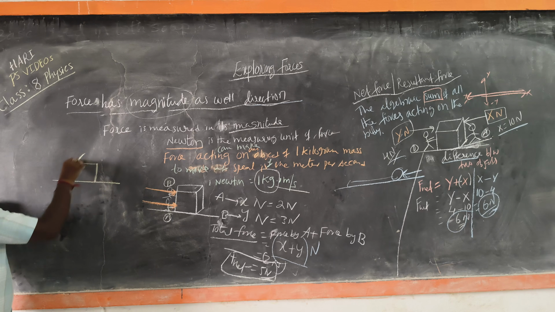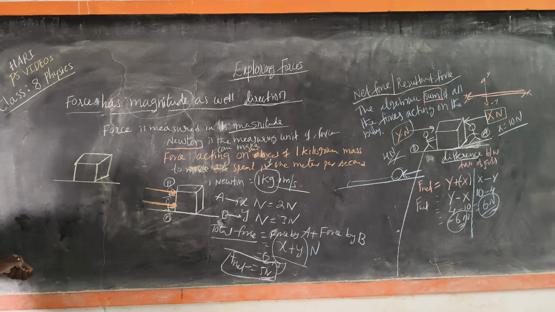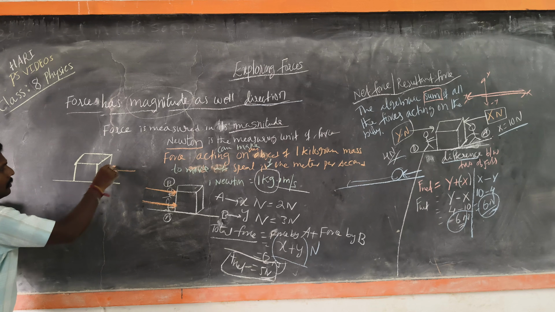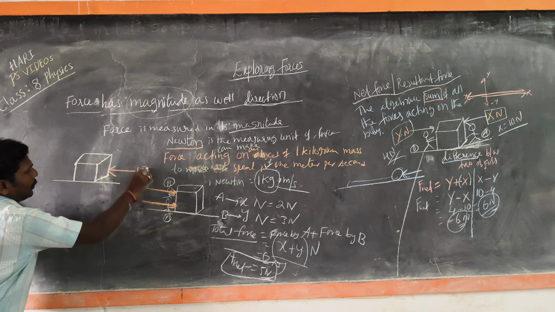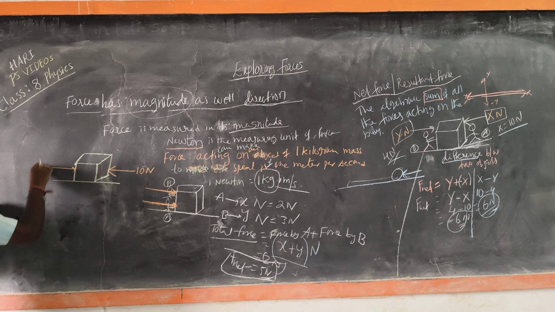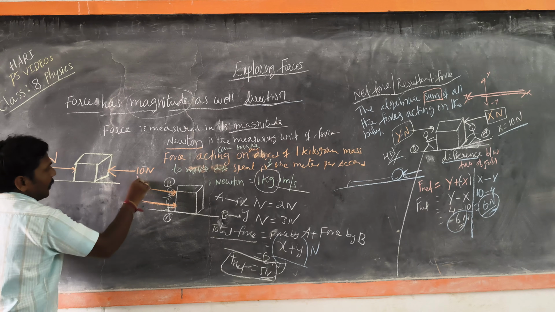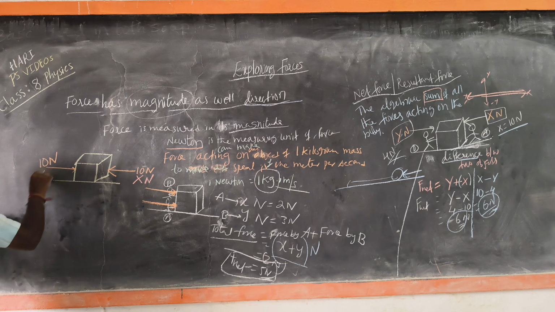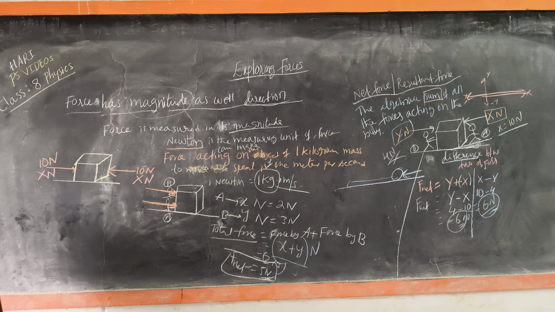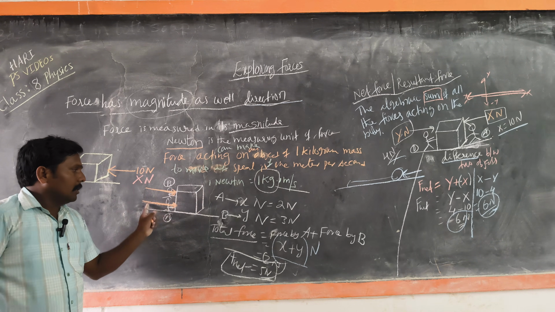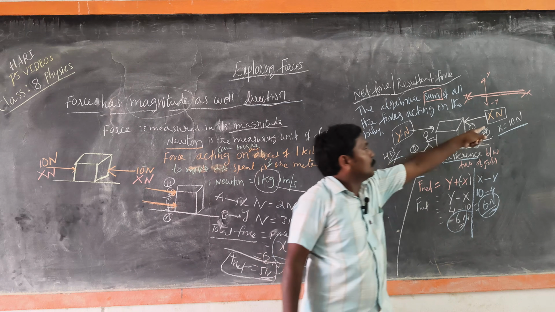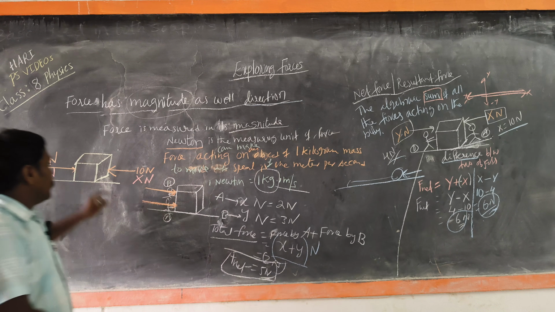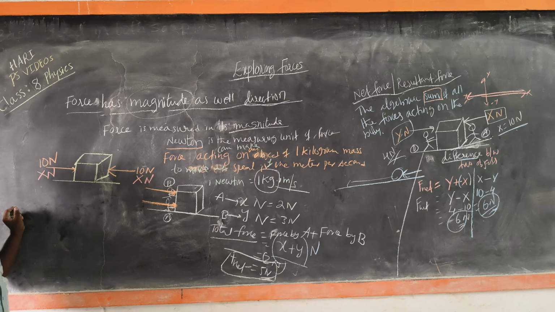A heavy box is placed on the floor. From right to left, 10 Newton of force is applied, and from left to right, 10 Newton of force. That means x Newton of force is acting here, and x Newton of force is acting here also. So on both sides, x Newton, the same force,